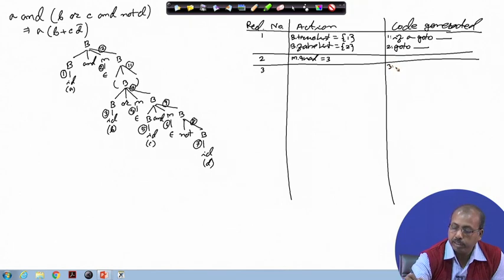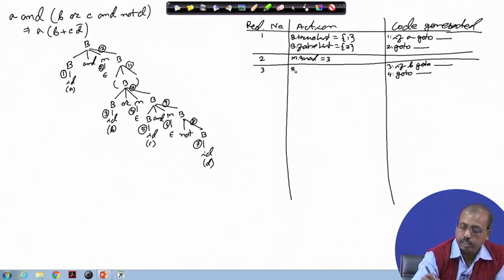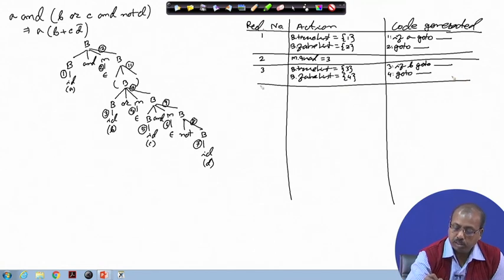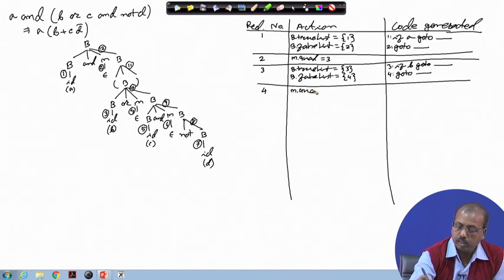So, 2 lines of code will be generated: if B go to, to be filled up later, and this go to, to be filled up later, and the action is that B dot true list is equal to 3 and B dot false list is equal to 4. Now, reduction number 4 is M producing epsilon. So, it will do M dot quad equal to next quad, that is equal to 5.